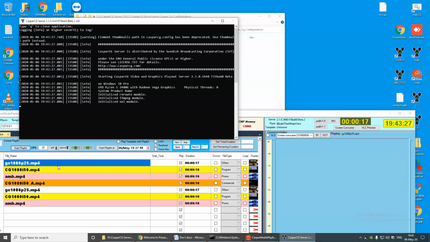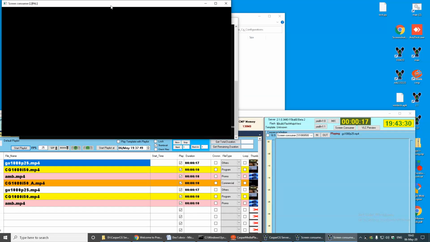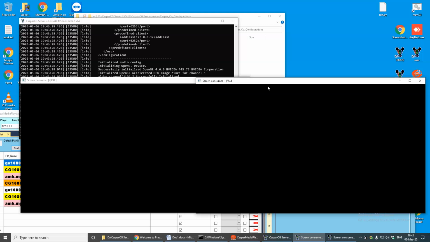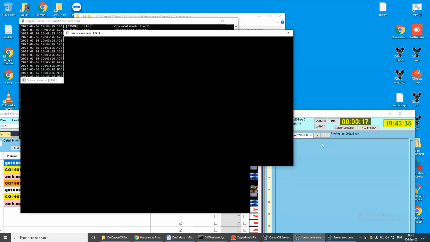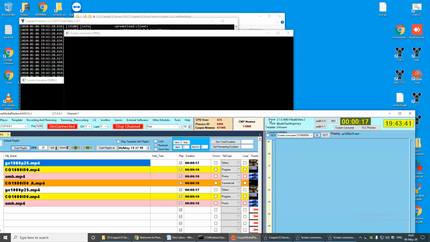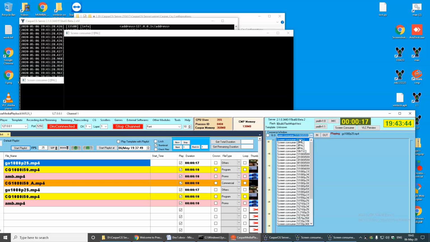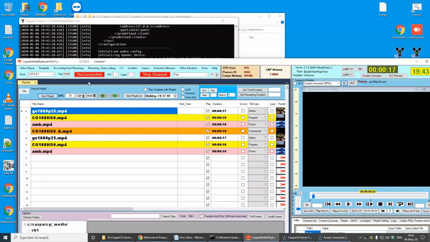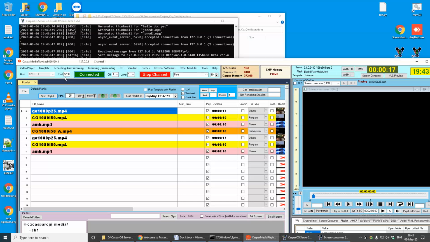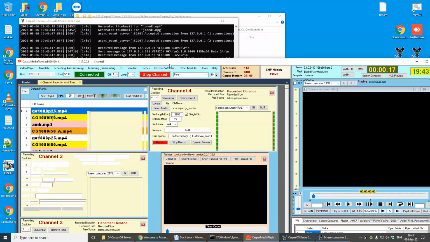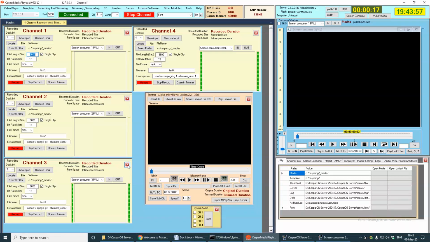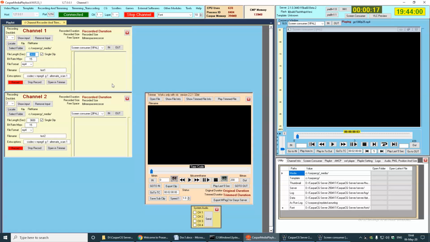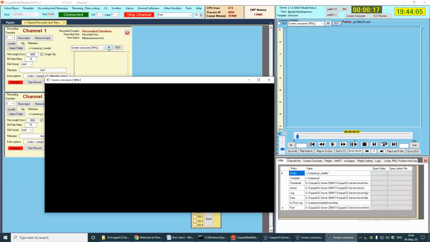So I am selecting this, and now Casper will shut down and it will open with the 2 channel recorder configuration file. Now we can click here to take input. Now it will not take input because it is a screen consumer 1 PAL. I will select 1 PAL again like this. So it is screen 2 channel recorder. I have made a sample application for this, a 4 channel recorder and trimmer. Now this is not required, because I have made a 2 channel recorder, and this screen will come out from here, and I will paste it here.